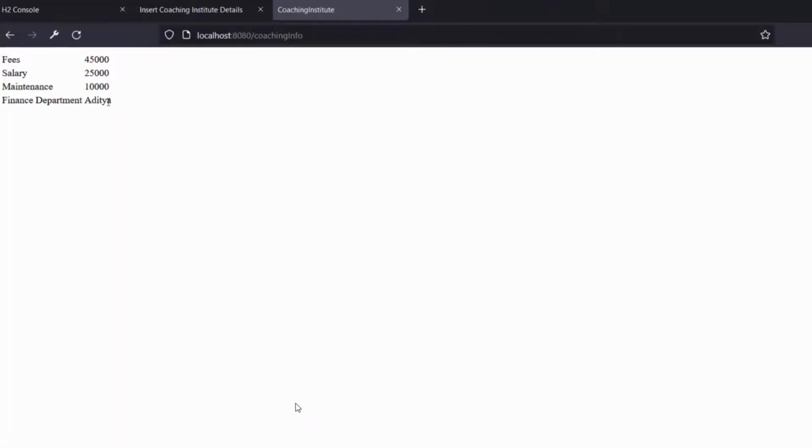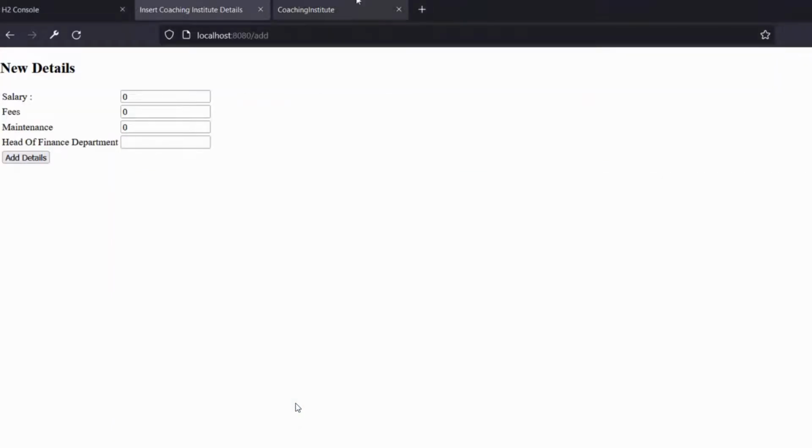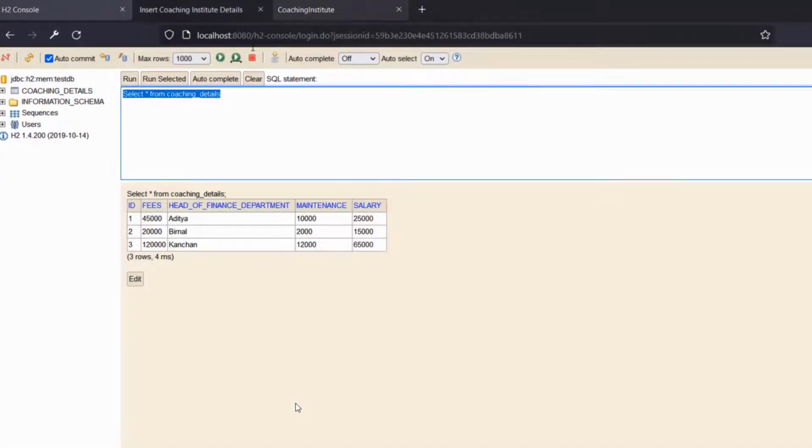Now you can see that after calling that coaching info, it is showing Aditya. That's because in the ID part, if you remember, I have hard coded the 1. Now you can see the work of @GeneratedValue. Every time data saves, it is incremented by 1. If you see closely the ID, the first one I saved as 1, after that the second ID is saved as 2, after the third one it is 3. Now if you wanted to save one more data, it will be 4, and there you can see the job of @GeneratedValue, and every time it persists the data, it is incremented by 1.